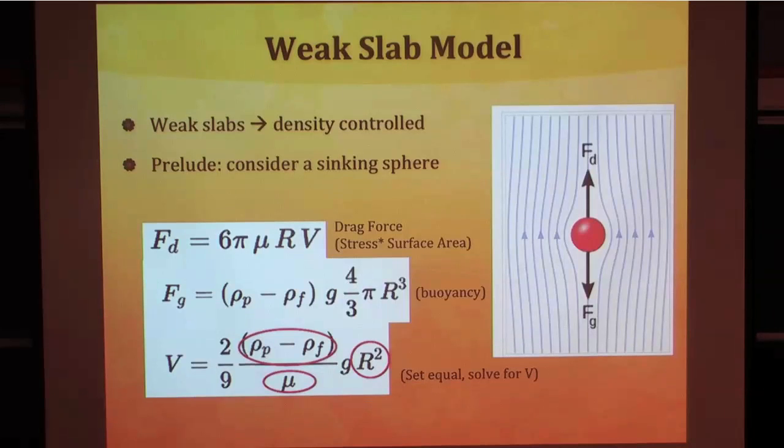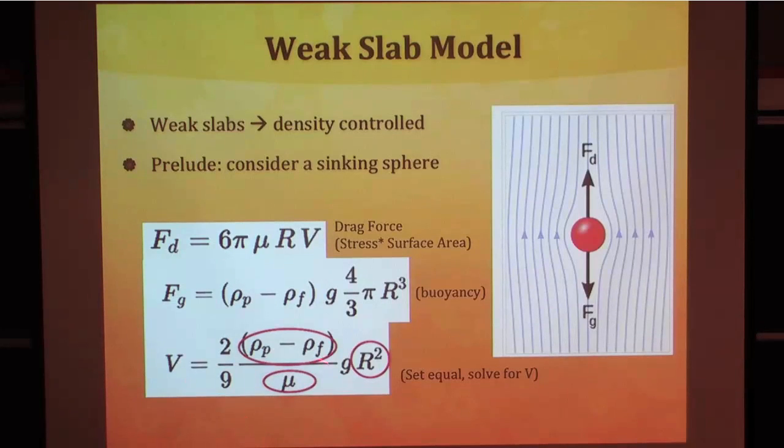And so you can balance, I'm not going to go into details here, but you can balance the drag force, which depends on the viscosity, how fast it's sinking, and the radius, against the gravitational force, which you have the volume of a sphere, and then the density difference, in gravity. And if you set these two equal and solve for the velocity, you'll find that the rate of sinking just depends on the density difference, right? That's going to increase velocity, as well as how big it is. Okay, the bigger it is, the faster it's going to sink, but it's going to be resisted by the viscosity of the fluid. Okay, and I'll come back and use this later to just get an estimate of sinking rates,